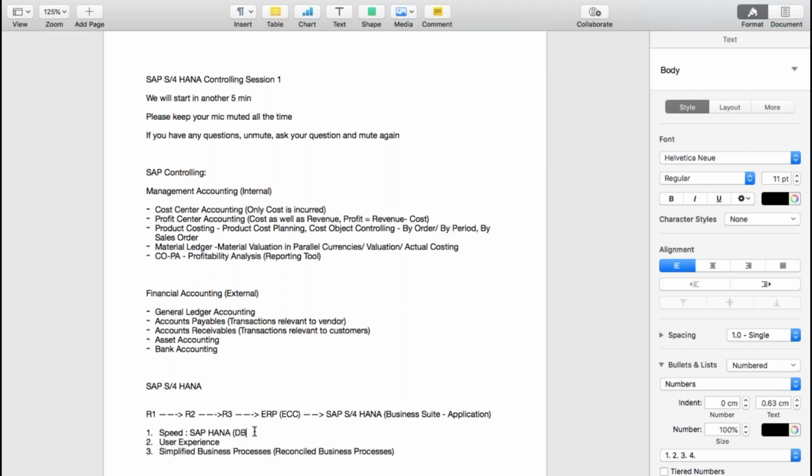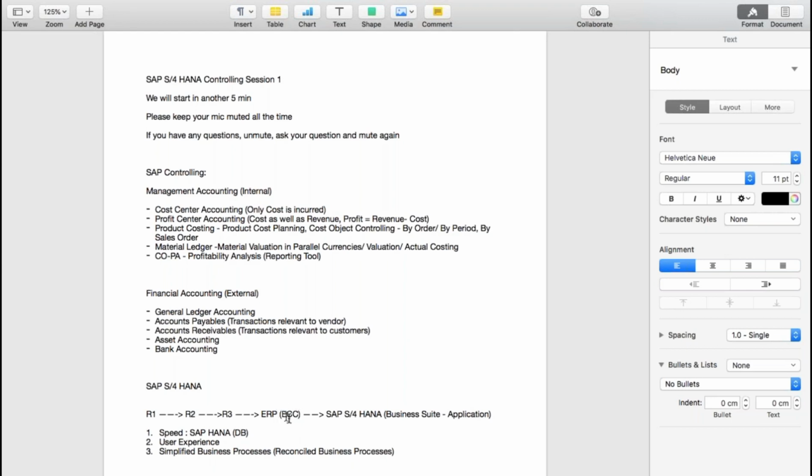Okay, so these are two different things. S4HANA is an application which uses SAP HANA database in the background. Okay, so what was the problem in ECC? In ECC, we were not using this HANA database. Okay, although it was possible in the later half of maybe after 2011, there are many customers who are using SAP ECC with HANA database, but before 2011, whoever has implemented SAP ECC system, there was no option of HANA at that time, and that is the reason there were third-party databases like Oracle, Microsoft.